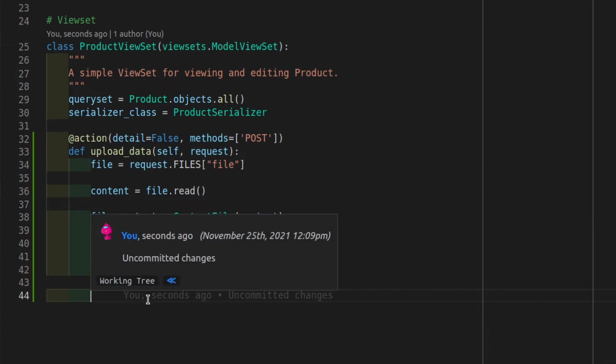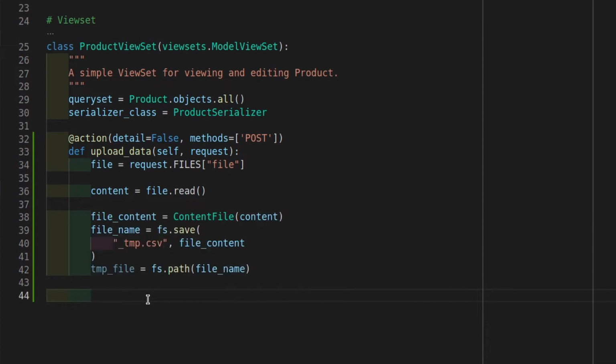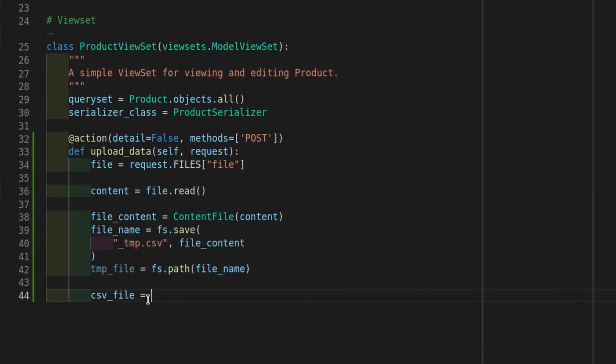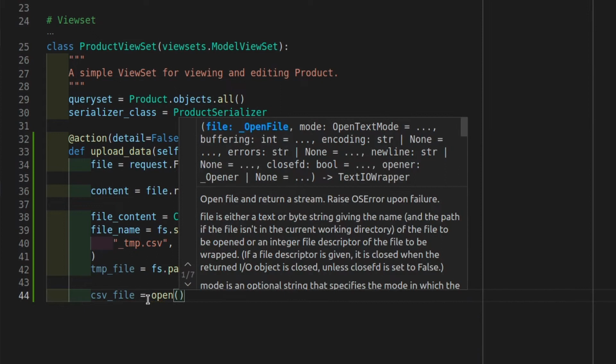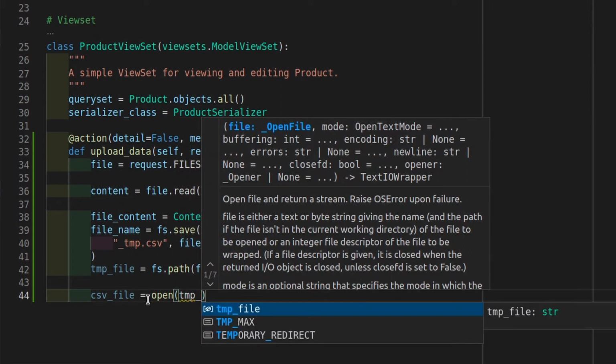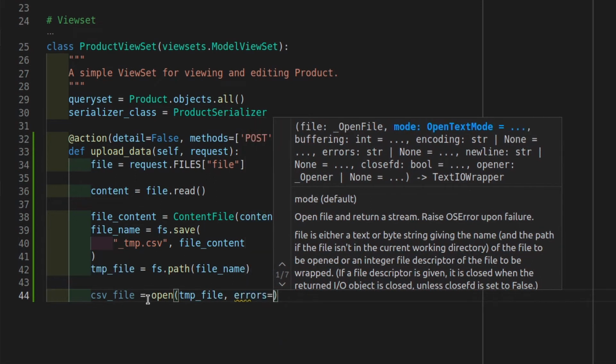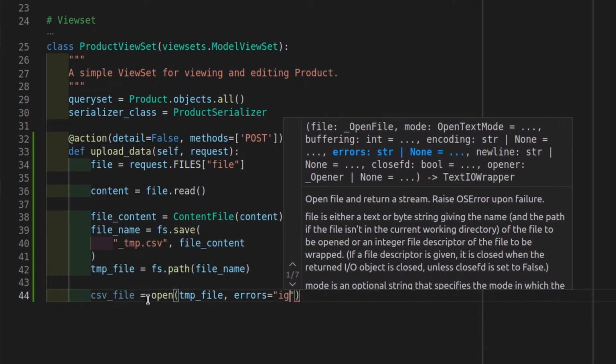Let's go ahead and give it to the CSV. For that we need to do this. CSV file will be, we need to open that file first. So open temp file, and I need to ignore any errors. Okay, so errors will be ignored.